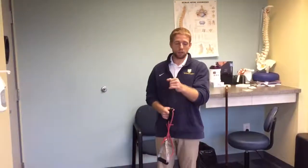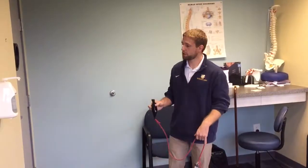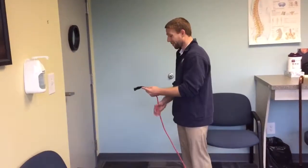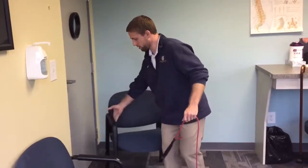This is going to be a band pull out to the side. I'm going to do it on one knee, and I'll also show it to you in a standing lunge position. So I want to anchor this to something that's across. I can use this door handle, I could use a chair, I can even close this in the door so it's anchored there. I'm just going to put this chair,